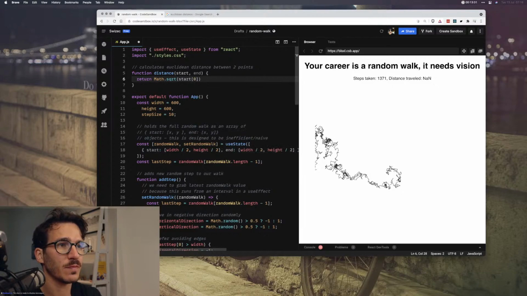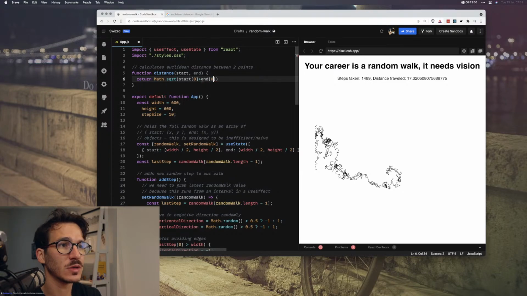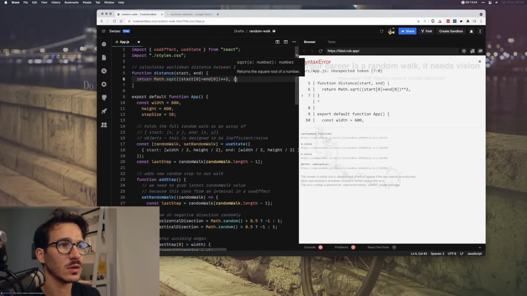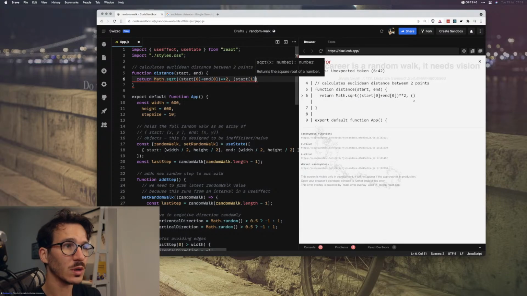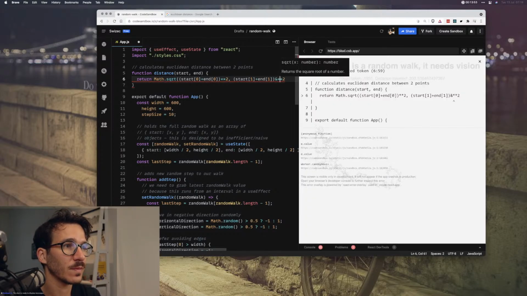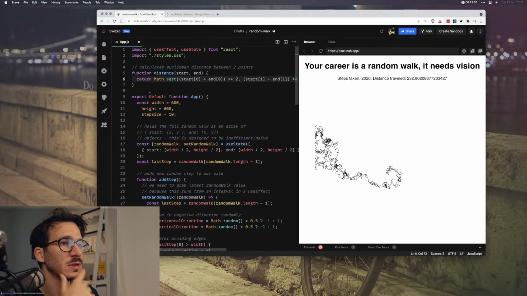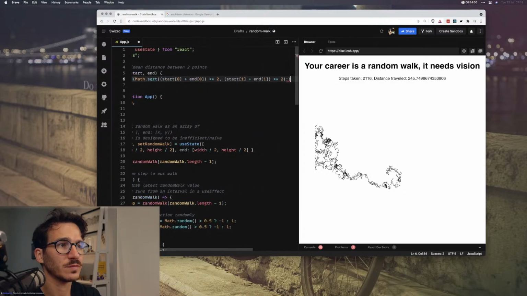Start 0 plus end 0 squared, and then start 1 plus end 1 squared. Like that. So that should be the distance, and let's round that. Math.round.